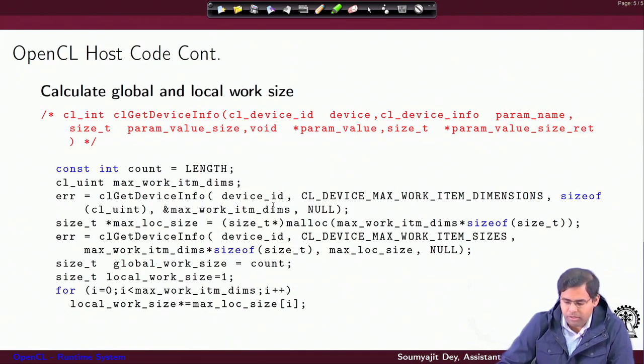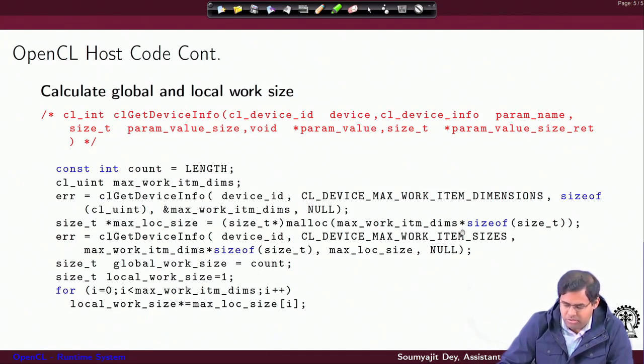And the last parameter is NULL for this call. We will see it working later on. So, with this call, what we get is the maximum work item dimension parameter initialized; for this device, this is the maximum dimension that is allowed.